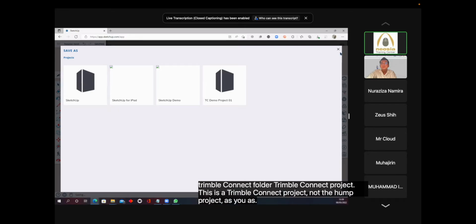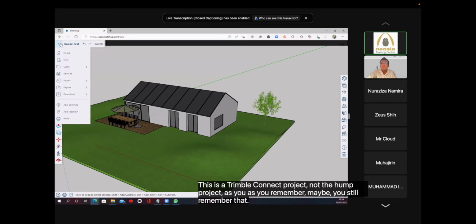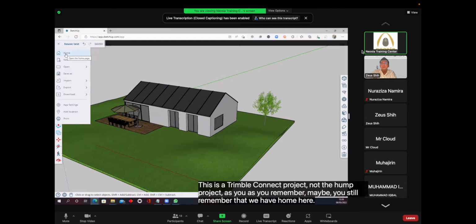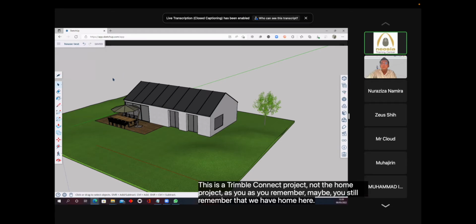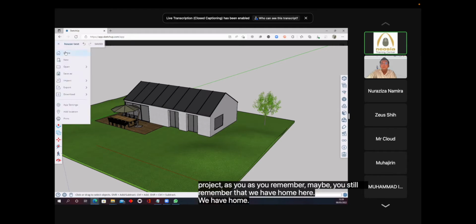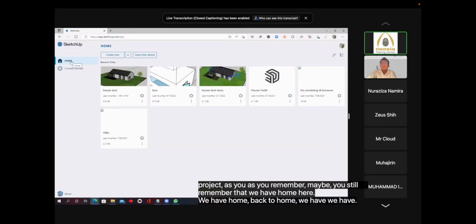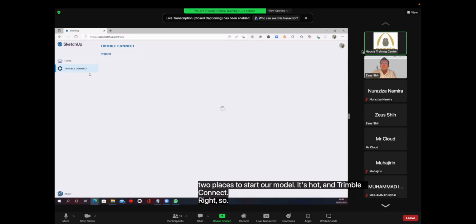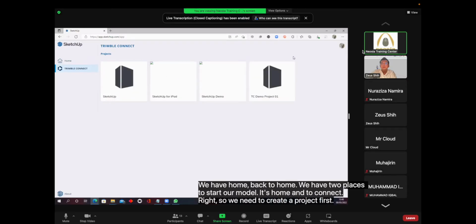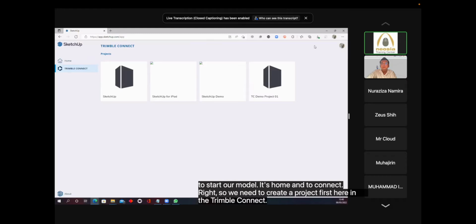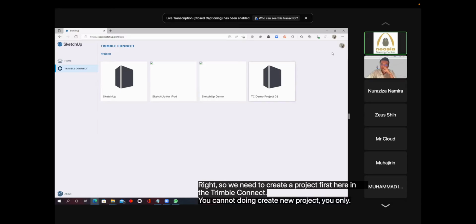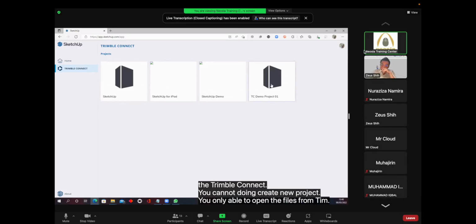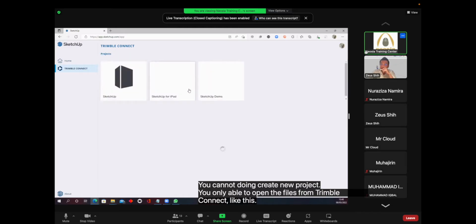As you remember, maybe you still remember that we have home here. Yeah, we have home. We back to home. We have two places to store our model. It's home and Trimble Connect, right? So we need to create a project first here in the Trimble Connect. You cannot create a new project. You are only able to open the files from Trimble Connect, like this, or